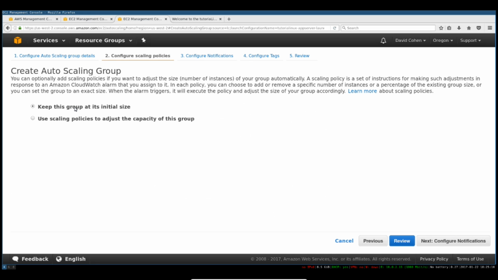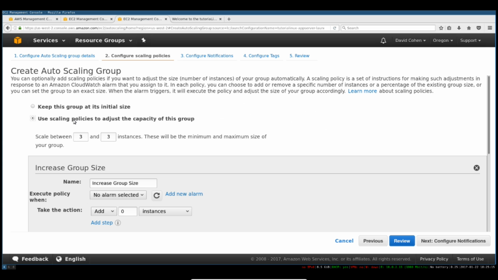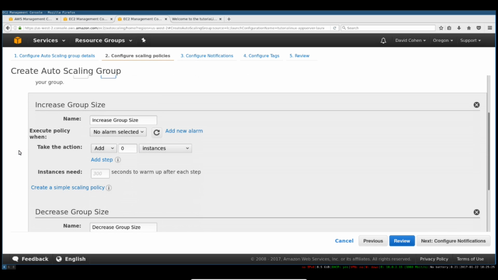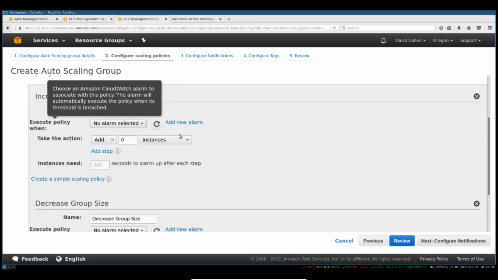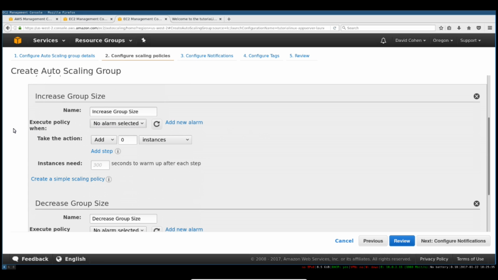So we're going to select the simple version here, but if you're actually scaling up and down, what you would say is please scale between 3 and your max, so like 10 or whatever instances, so min and max size based on load, and you would configure the actions or alarms that trigger scaling. So for example, if you've defined an alarm, which you can add here, like memory exhausted or memory above 90% for more than a couple minutes,